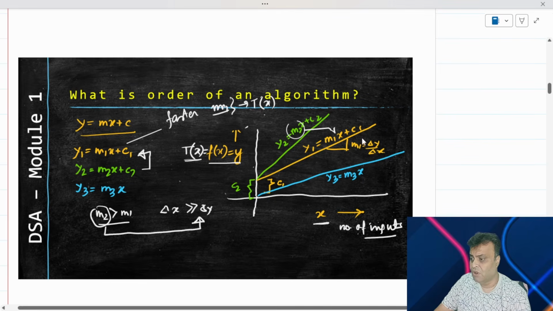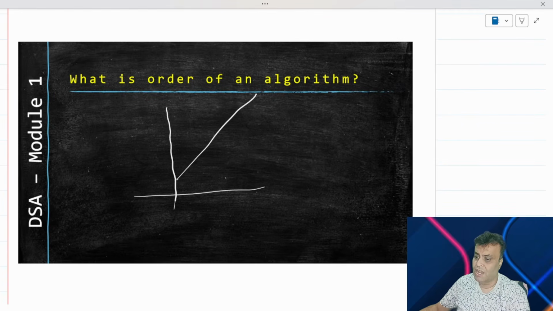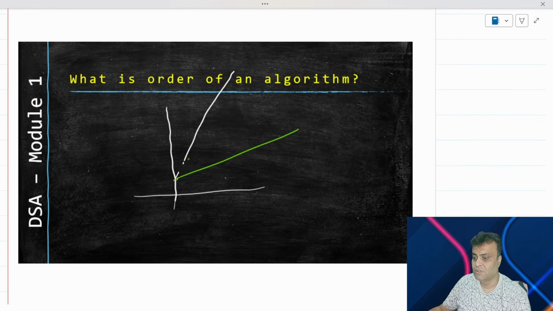So if I draw you a better representation of this diagram, I'm sure you would probably understand. If I have a slope like this and a curve like this, and you compare the slope of these two curves, let me make this a bit flatter. So you compare the slope of these two curves, you will understand what I'm trying to say. This is basically your delta y, right? Let me bring this here so that we can align it with this. And the same graph we will take here and we will see that it goes here.